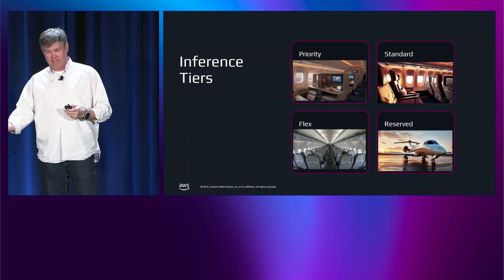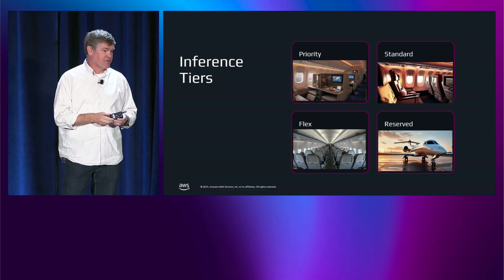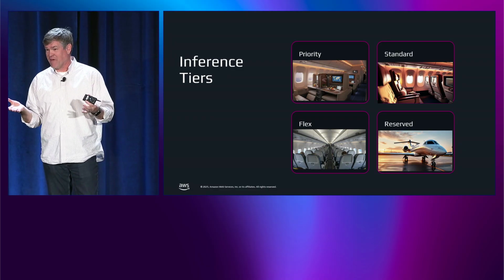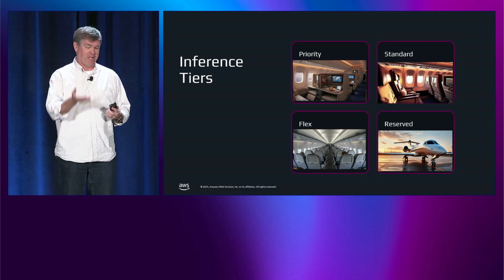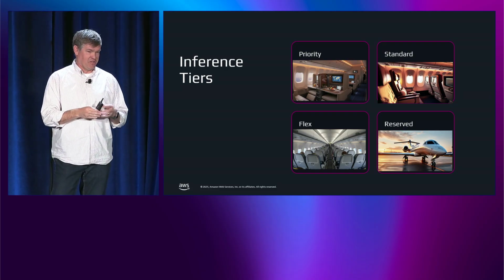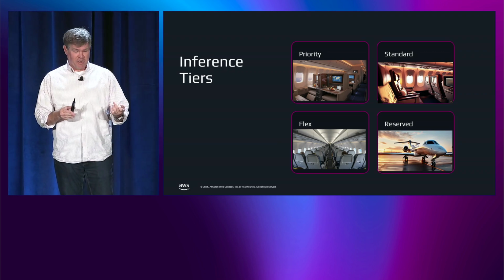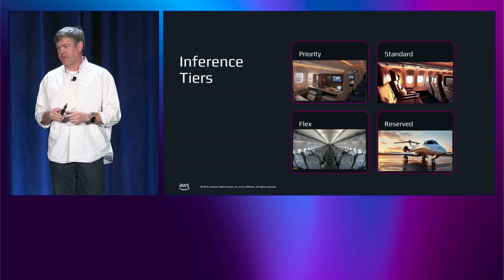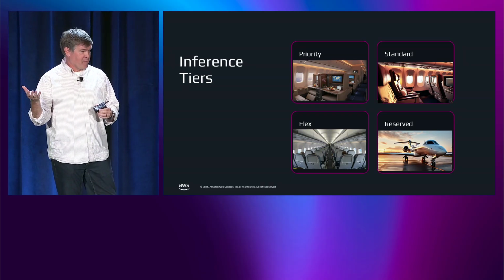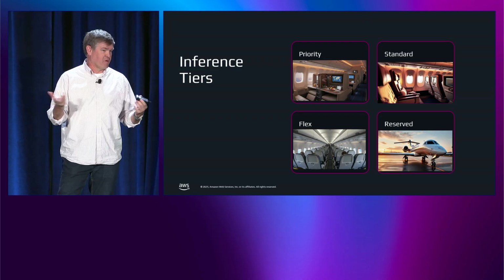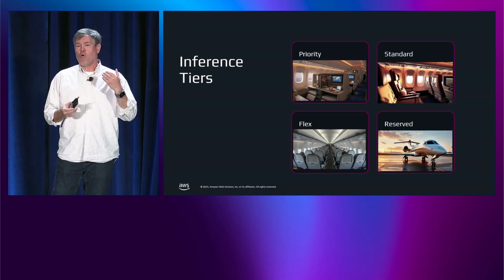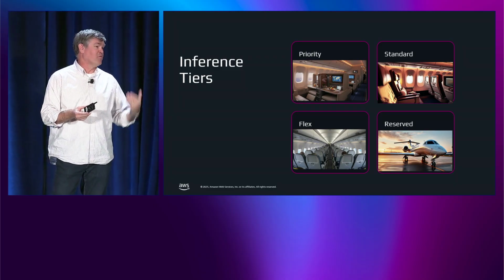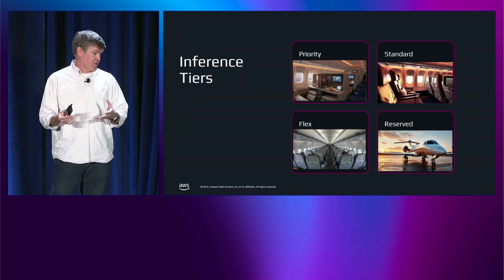That is analogous to the inference tiers that are available in Amazon Bedrock. In the last 2 weeks, we have announced a number of options. To compare those, we have the priority tier, which would be similar to that first class cabin, with priority access to fulfilling an inference request. We have the standard tier, which is the economy or Economy Plus, where you have that standard request. That's what you've been using in Bedrock thus far. When you've done an on-demand request, you've used that standard tier.